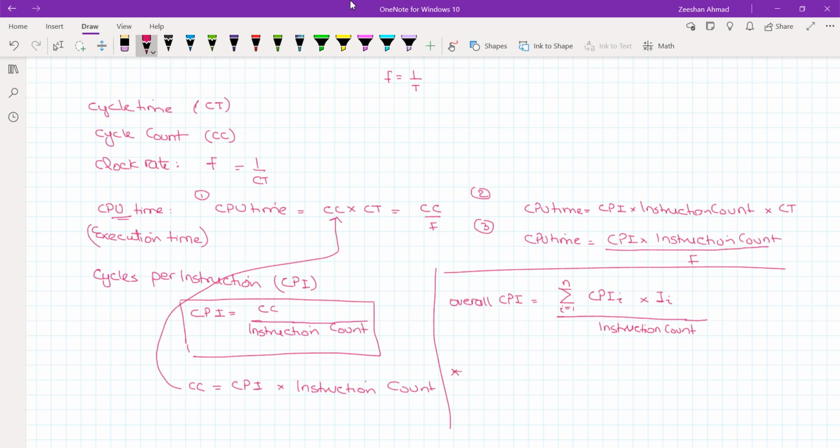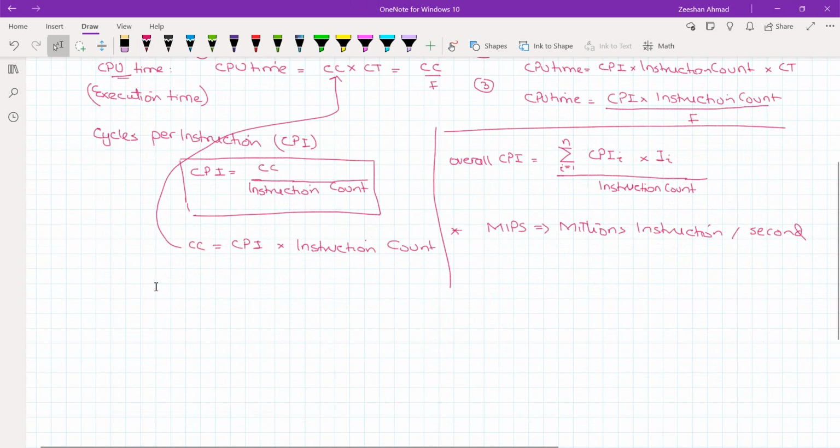We also have another formula which is basically the MIPS here. This is basically millions of instructions per second here. Okay, so this is also used to measure the performance or efficiency. Like the execution time, you can also use the MIPS here. So MIPS will be equal to